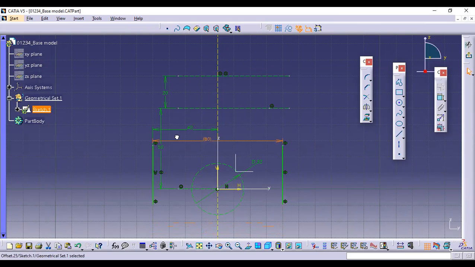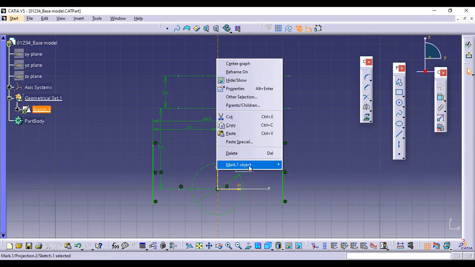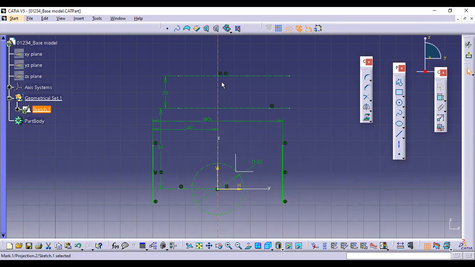Or else if it is in another color, then the pad is not going to be created. That's going to give an error message saying that you have over constrained the sketch, so please go back to the sketcher and change it. That's the message you are going to have. To avoid that, we did it. So yellow lines are not allowed. Always you need to either delete, or you make it isolate,